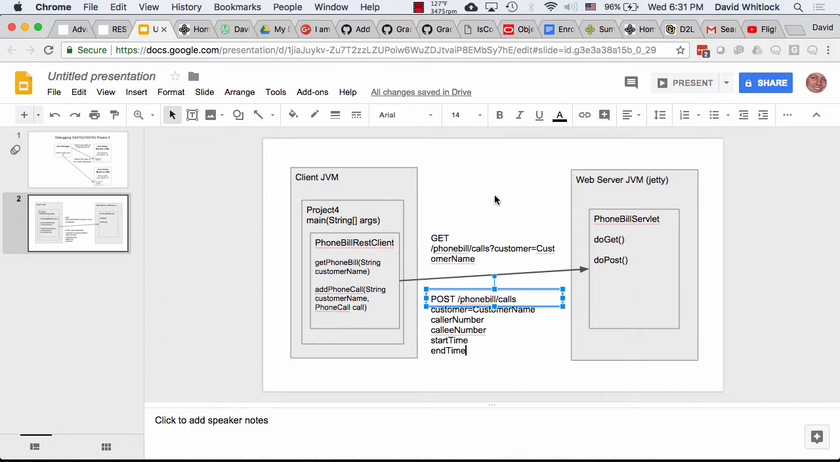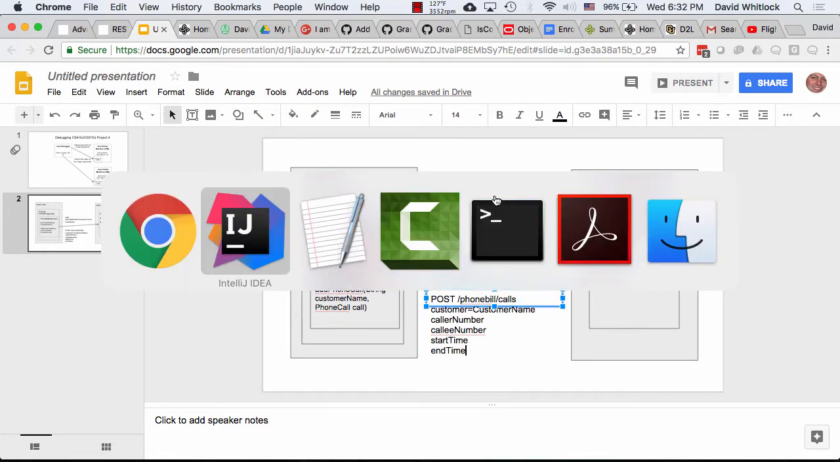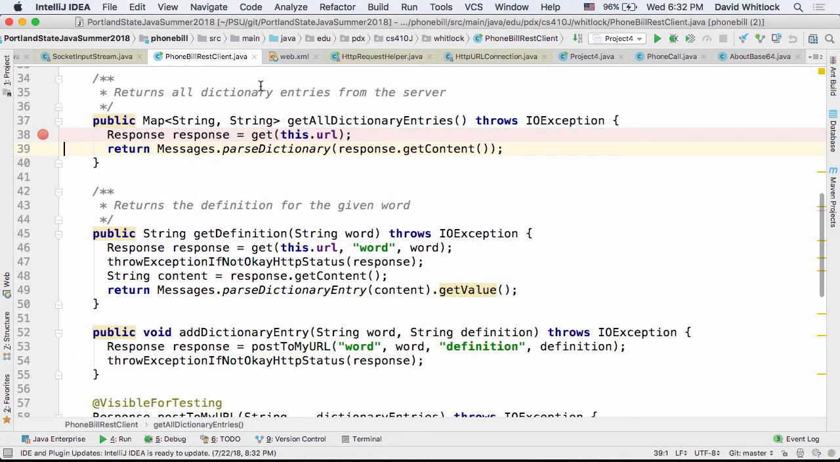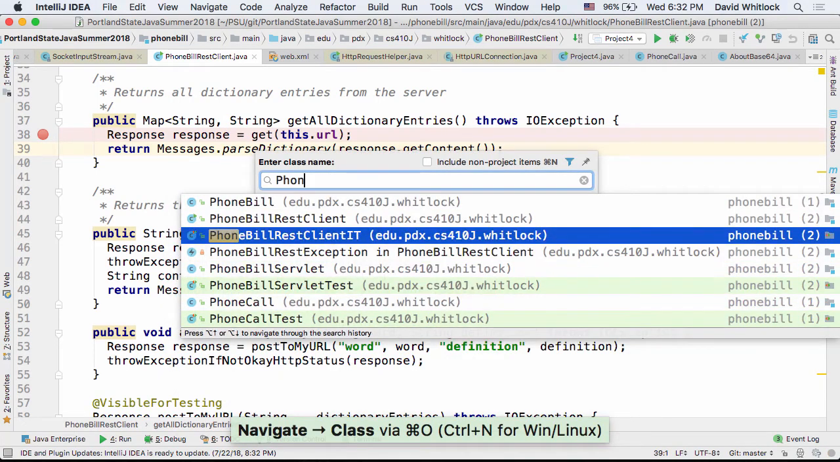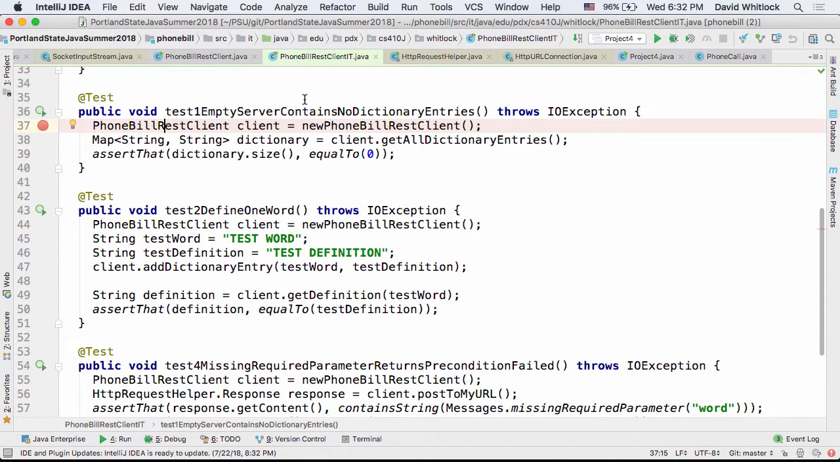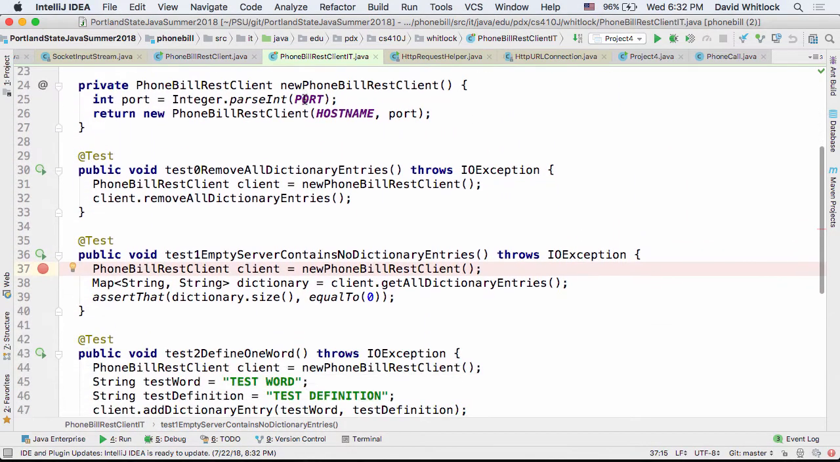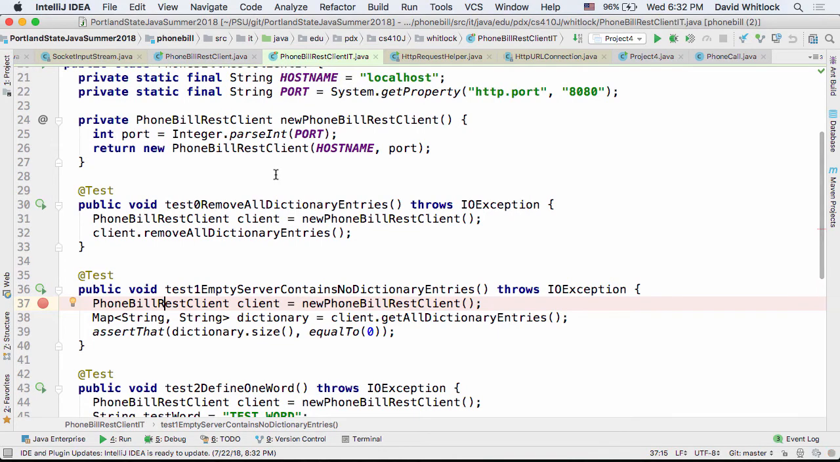The thing about the assignment is that I didn't specify anything about the format for all of this stuff. So I need to figure this out. I think the best way to figure it out is to look at the client to see what's easiest for the client. So I'm going to start there. I am going to start with my phone bill REST client integration test. Okay, look at all of this fun stuff. Okay, so now it's time to